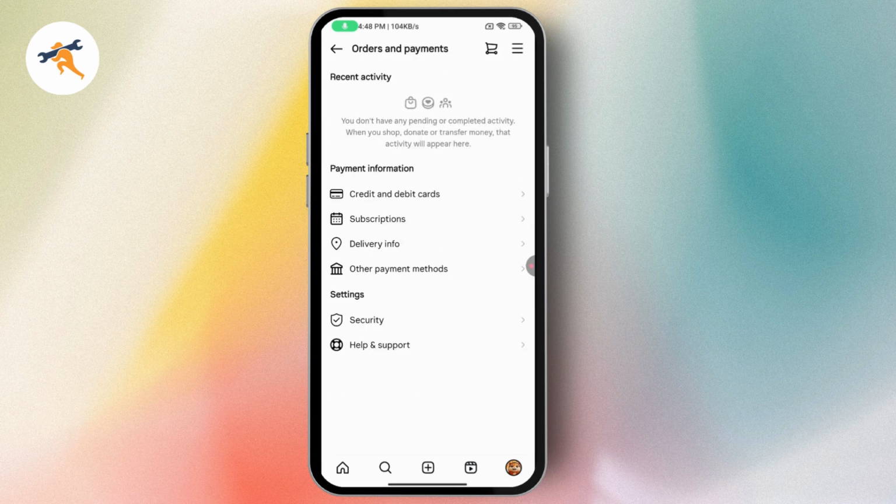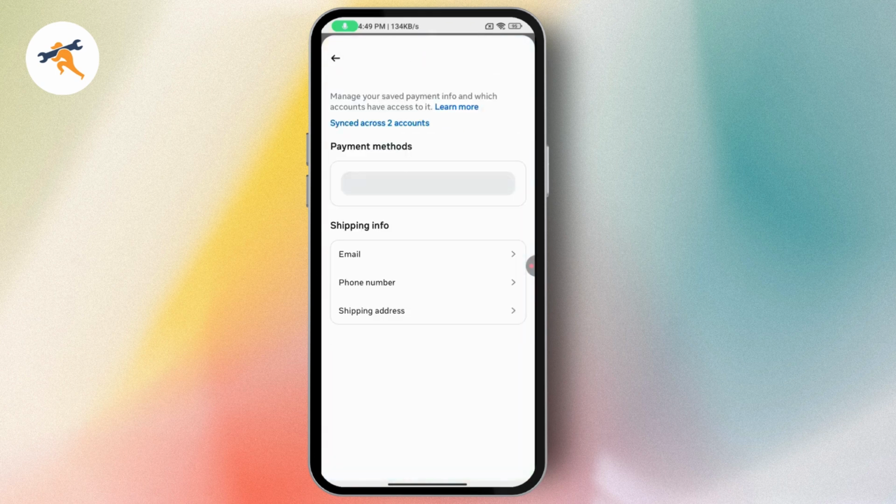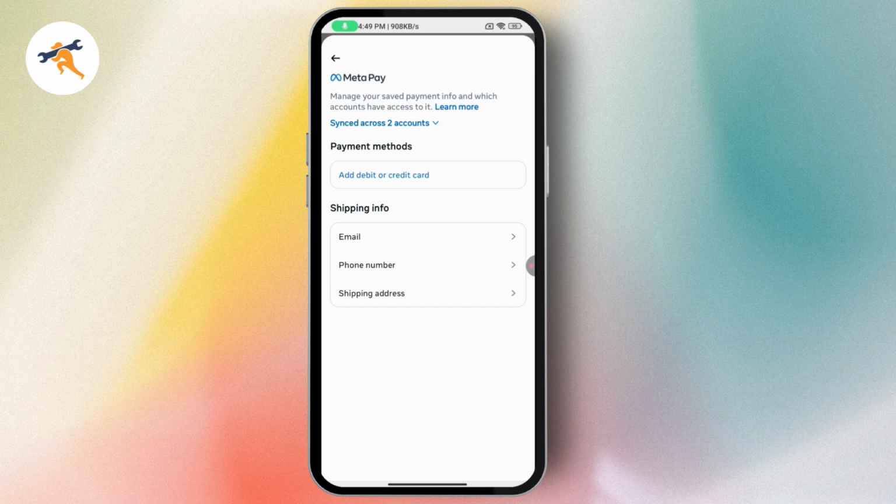Once you tap on it, here you'll have your payment information. So you can go with credit or debit card or any other options in order to add your payment method. So go with credit or debit cards and add a payment method. But if you don't see the limit feature or the payment method doesn't offer the limit feature, if you don't